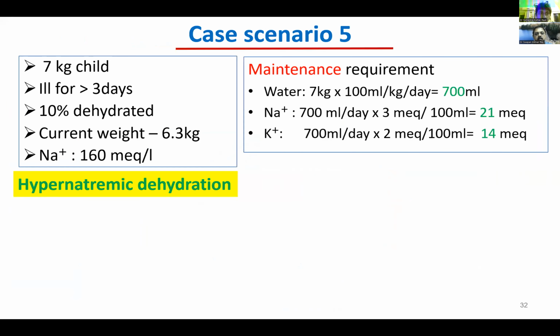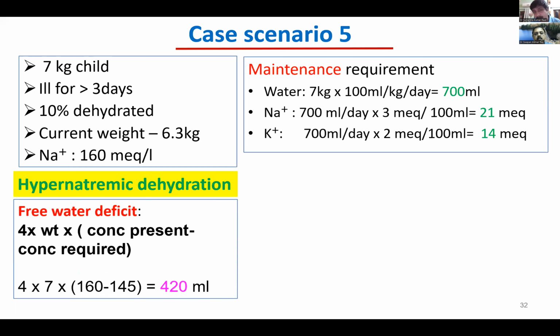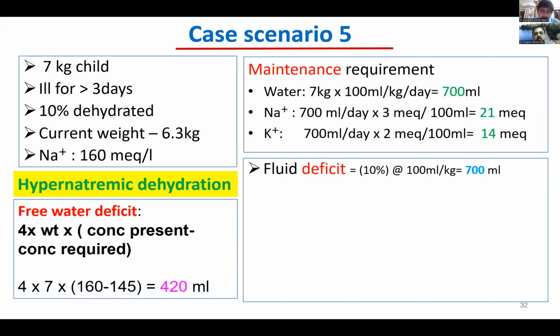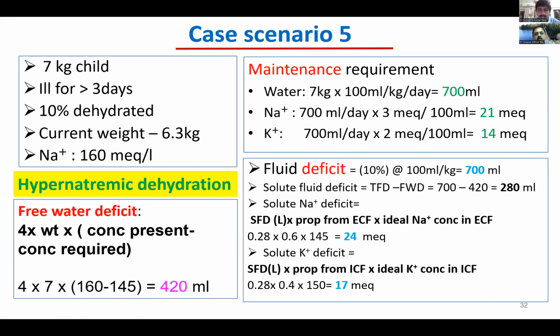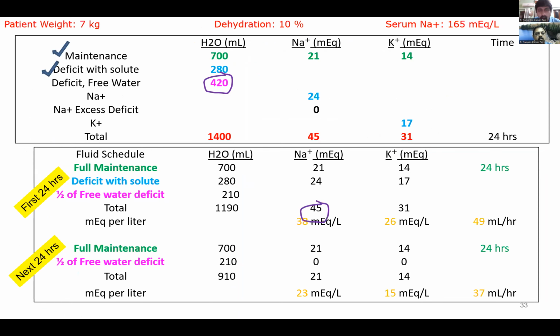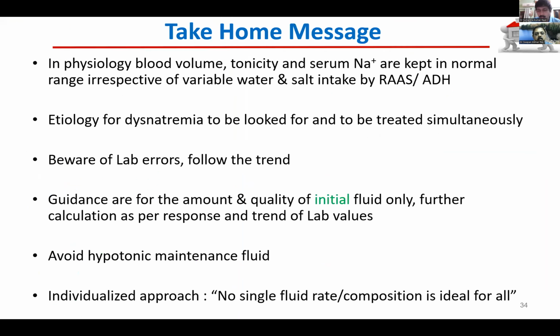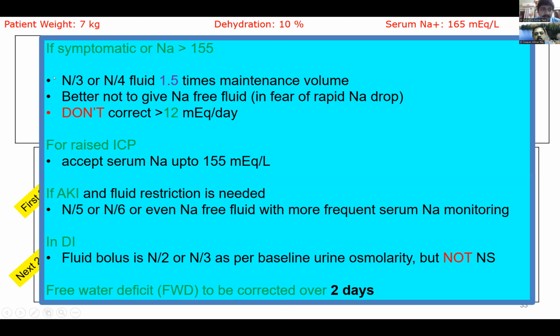So this is a child of 7 kilos, the same child, 10% dehydrated, 4 days illness, and 160 is the sodium. He has hypernatremic dehydration. Here the calculation through Harriet Lane is again a bit difficult. Ideally, we should go through this type of calculation only, particularly in tertiary level care. But many times we also follow a relatively easy formula: either 150% of the total required fluid, in the quality of either N/3 or N/4 or even lower. Even if the child is not doing well with this N/4, we can go lower up to N/5, N/6, but better not to give sodium-free fluid for fear of